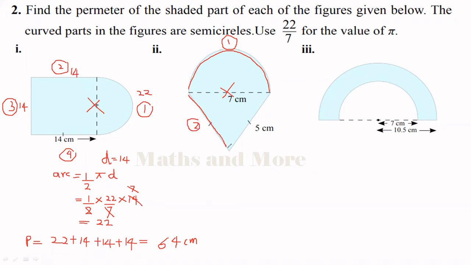And you have to get this side. That is the third line you have to add. So you have to add two lengths. Okay. If this is 5, this one also 5. You should not add this one because that is the combining line. Only this arc you have to find. Now let's find the arc. Semicircular arc.